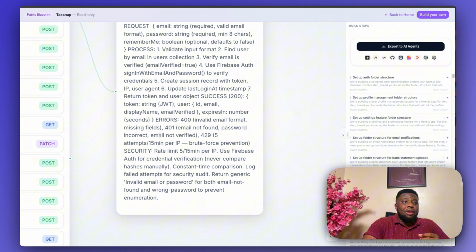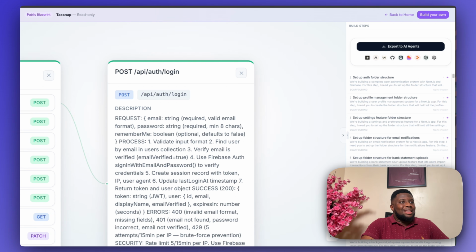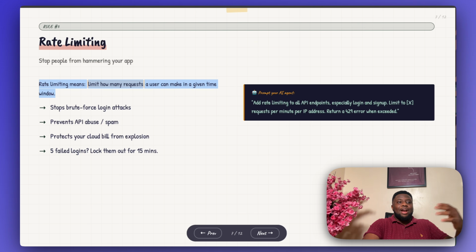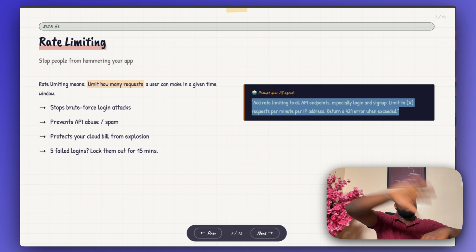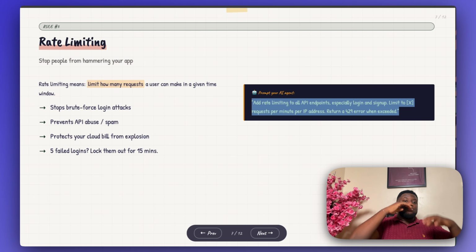For example, you can see VisualPRD already generated a rate limit mechanism, a very simple one. Now, you can come up with one. So all you have to say is add rate limiting to all API endpoints. But even with this, you can't just tell it. Remember, I told you, don't give your AI agent a very large task. If you already have a large code base, don't come and say add rate limiting to all the endpoints alone. You have to mention them.